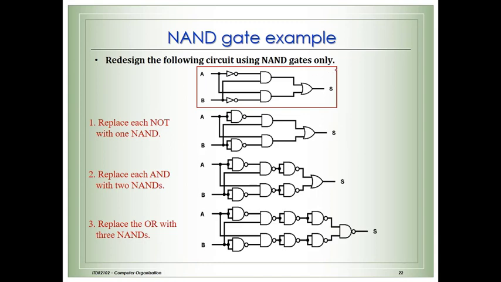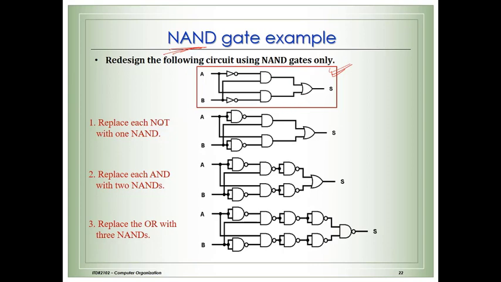So as we have just discussed, any circuit is possible to convert either by using NAND or by using NOR. So here this is the circuit given. We need to convert this circuit using NAND gate, correct? So here we will go and redesign this one. Here this is a NOT gate, this is a NOT gate, this is AND gate, this is AND gate, and this is OR gate.